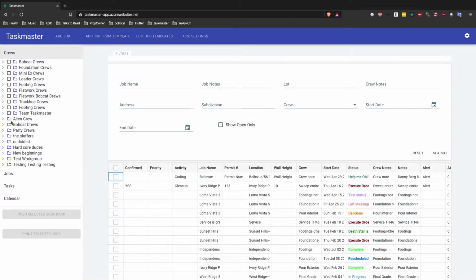So starting off with the schedulers, they're in charge of communicating with the various crews about the different jobs that the crews are working on, and on the status of those jobs and the tasks associated with those jobs. So you may have a job such as building a freeway, and there are several tasks associated with that, such as pouring cement or marking different things or digging. And so a job can have various tasks, and each of those tasks have statuses, and then the overall job has a status that needs to be coordinated between the schedulers and the